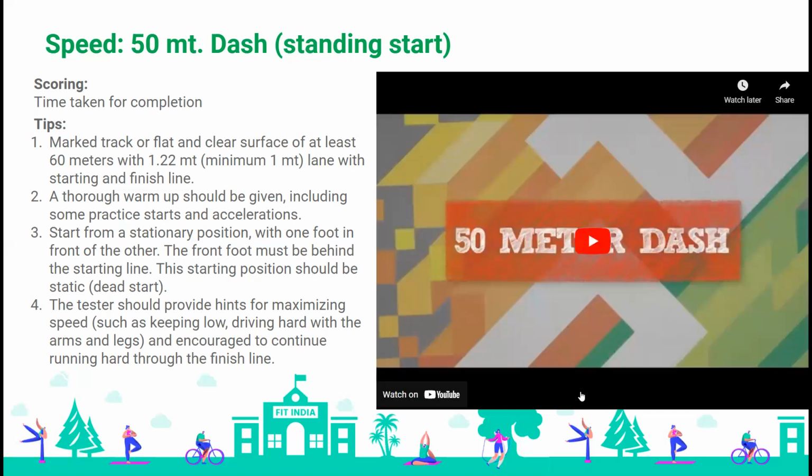So here what you saw was how to do the test. Very important, just have two people, one at the start of the race and the scorer at the end of the 50 meters. If you whistle the Fox 40 whistle at the start point, the mobile phone which the scorer is holding at the finishing line will start automatically. So that's the beauty of this app. The app will automatically start.